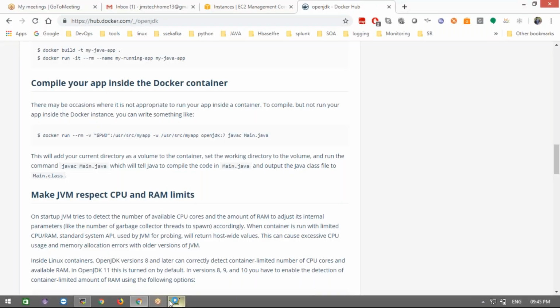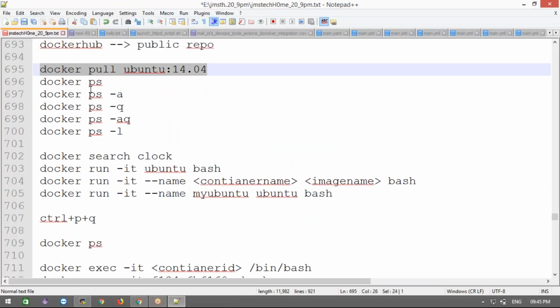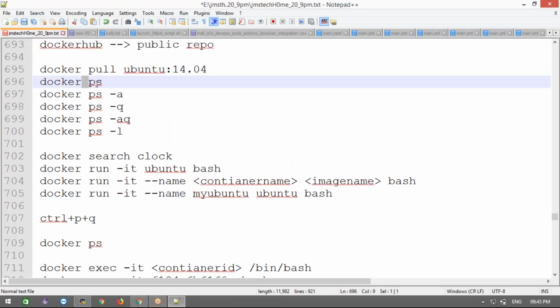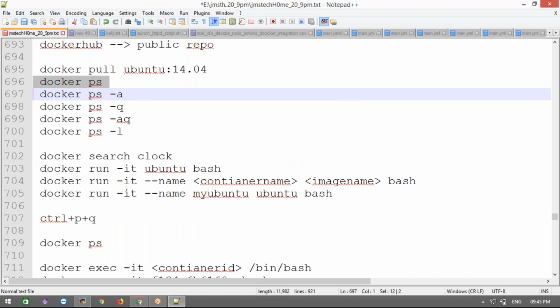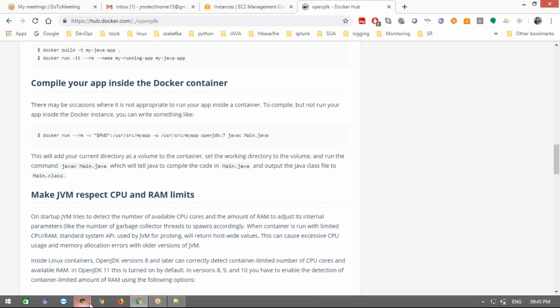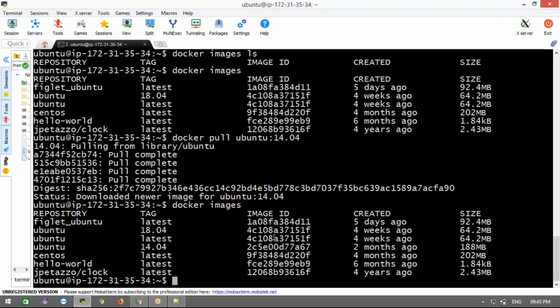Okay, then next, which command are we going to use? Docker PS. How can you check with Docker PS how many containers are running on my system? Why are you going to use the Docker PS command? When a container is run using the Docker run command, then we are converting it. Let me run the Docker run command.